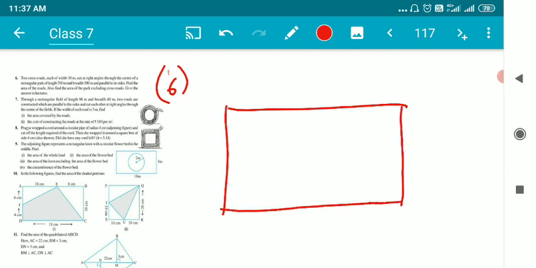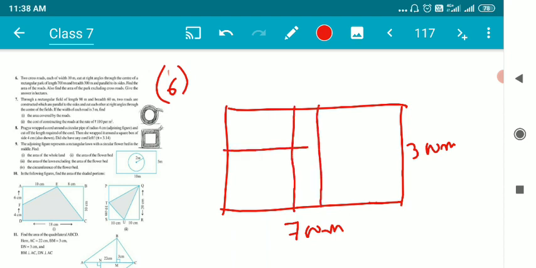Children, I have been giving this question right from the very beginning. I prefer to give this question every year in the exam, so this is why it's very important. The length of this garden is 700 meters, and the breadth of this garden is 300 meters. And there is a crossroad inside the garden.